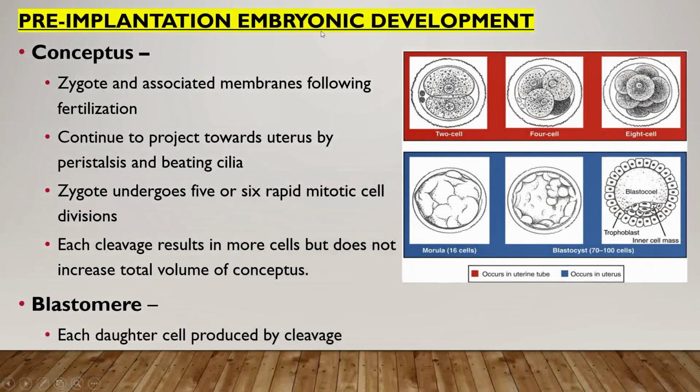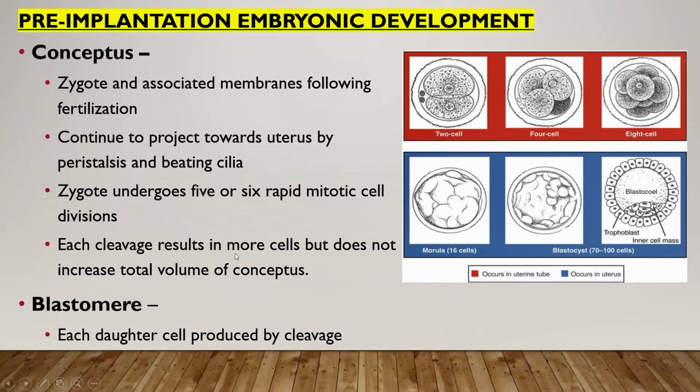So pre-implantation embryonic development. Here you can see what is conceptus. Conceptus is the zygote and associated membrane following the fertilization. It continues to project towards the uterus by peristalsis and the beating cilia. The zygote undergoes 5 to 6 rapid mitotic cell divisions. You can see there are first 2 cells, then 4 cells, then 8 cells,